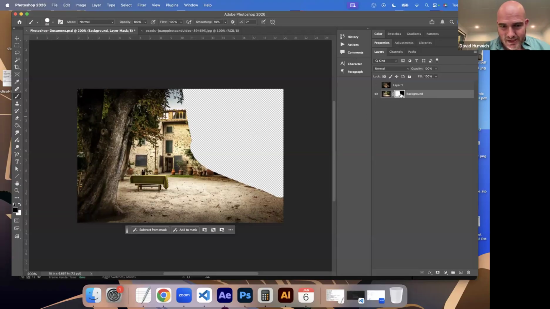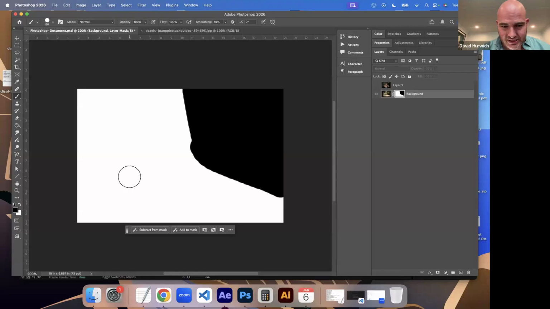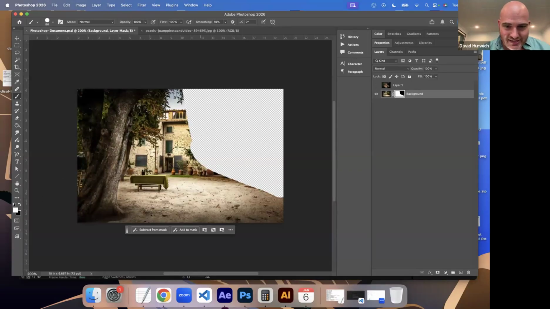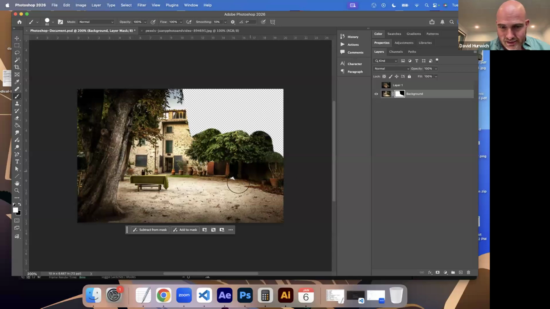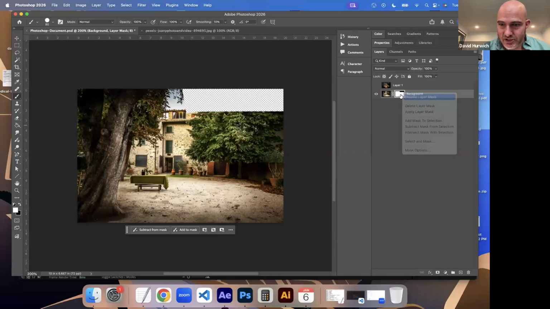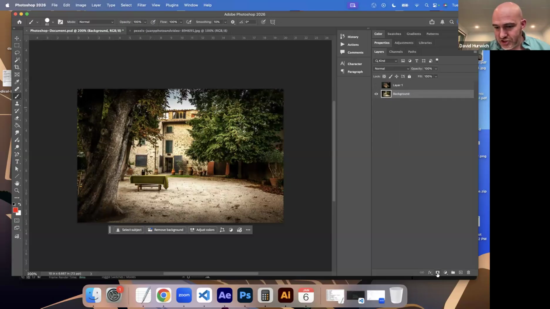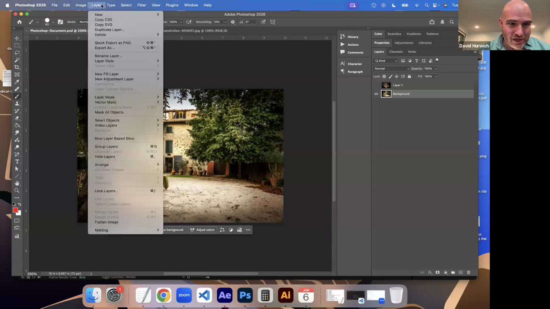You can see here, this is my mask. The white is the part that's visible, the black is invisible. What's nice about this is that it's not permanent. I can always go back and change it, or I can even disable this mask, or other things like that. Now this is what we call a raster mask, but if you know anything about Photoshop, you can also apply a vector mask as well,